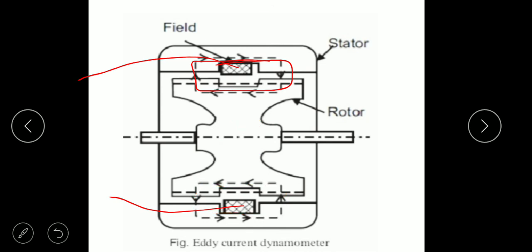I hope that you understand the concept. If you still have any doubts related to it, then you can ask. Now, this device is basically used for high speed, high torque and high power measurement. That's why it is useful in automobile and aircraft engines to measure the RPM or the power of the shafts. Okay, this is about the applications.